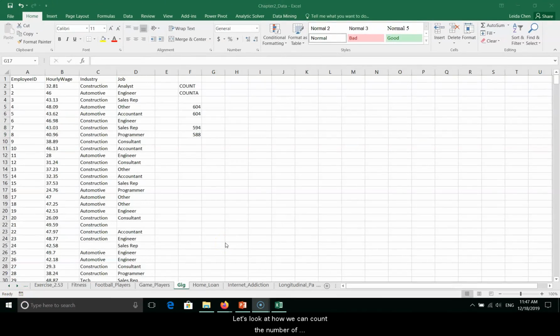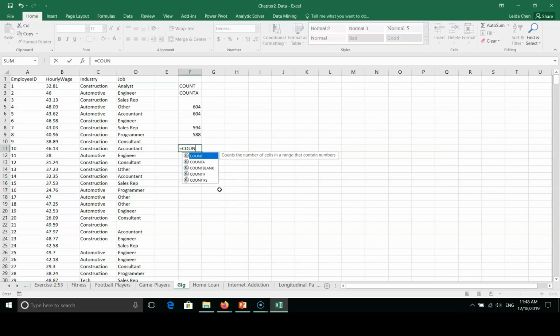Now let's look at how we can count the number of employees in each industry. In order to do that, we need to use the COUNTIF function because we are introducing a criterion to the count function. So if we want to find out how many employees worked in the automotive industry, what we can do is find an empty cell and enter the function equal to COUNTIF,